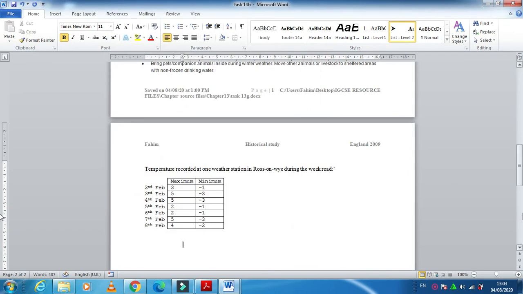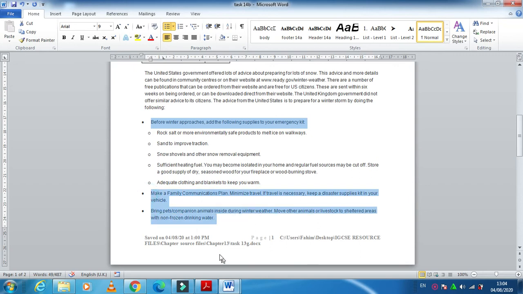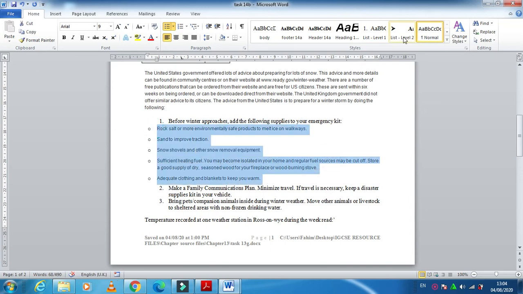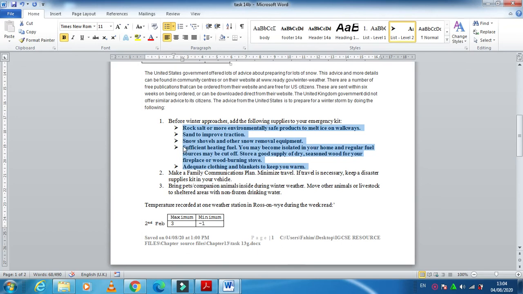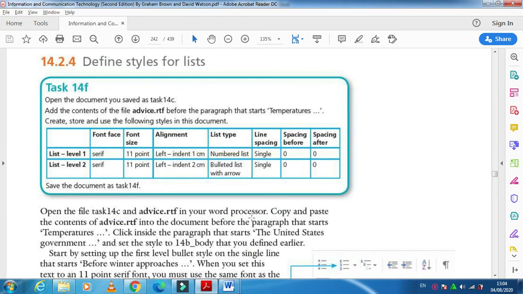Once you are done with it, now what you need to do in this document is select your list level 1. So if you look at this one, this is a level 1 list. Scroll down, nothing else. So just apply level 1 to it. So it is 1 centimeter indented, and now for this one, apply level 2. So 2 centimeter indent for the bullet. The text is 2.63. It's okay. So this is what we just did: created the style for our list and applied it. Hope you have learned how to define the styles for level 1 and then for level 2.